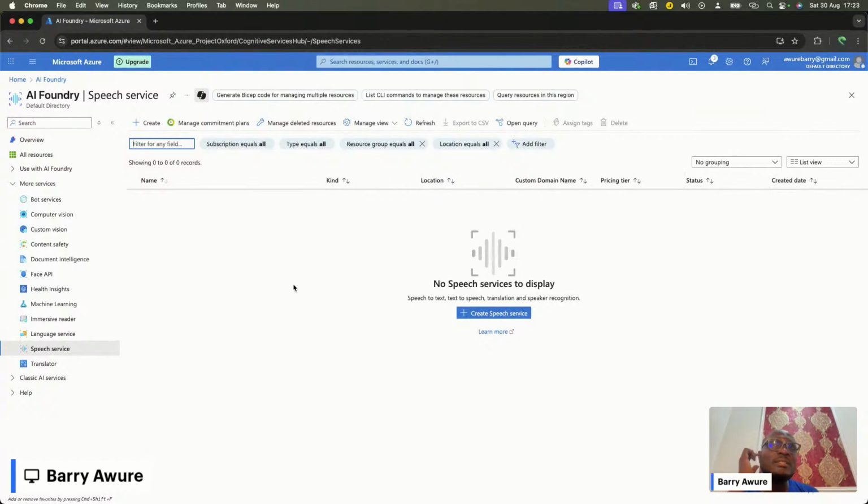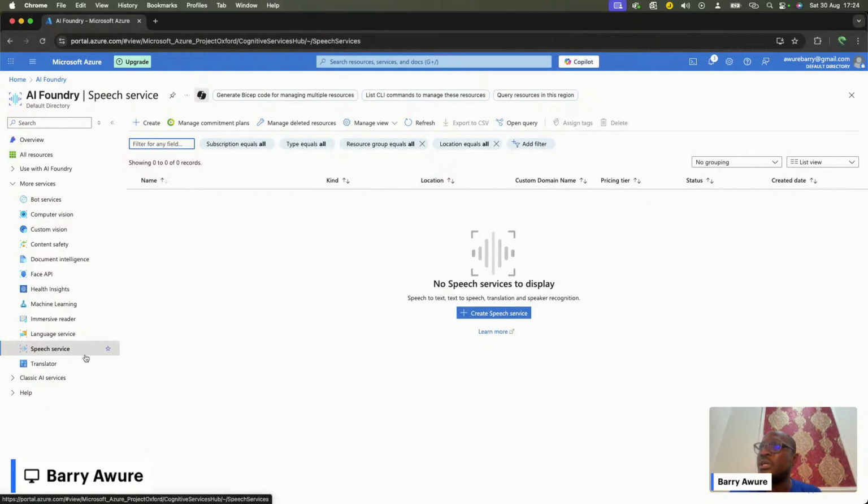The speech service helps us leverage this without having to bother ourselves about the underlying infrastructure. If you want to go the route of building the infrastructure on your own, testing the models by yourself, to go that level or as granular as that, then probably you'll be looking at the Azure AI machine learning services. But we are not doing that. We just want to consume the services without bothering ourselves about the infrastructure that is running in the background.